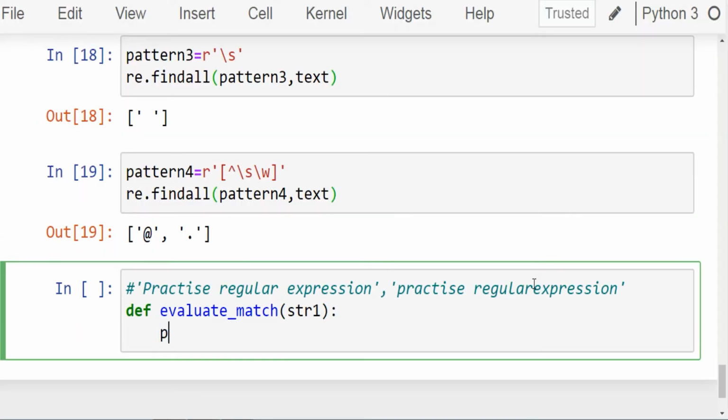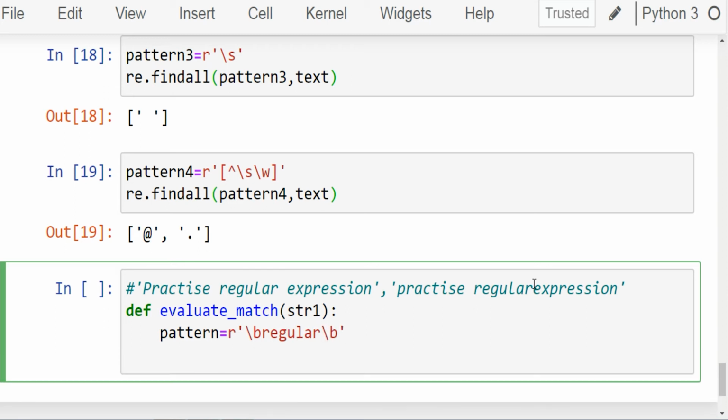Write the pattern, write pattern equals. The pattern starts with the word boundary \b followed by regular and ends with \b. Let's create a variable x and assign it the search function. Write re.search and within parenthesis pattern comma str1.